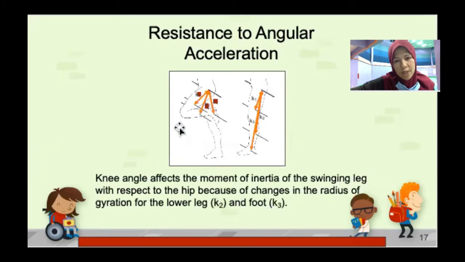So each of our legs that is involved in the movement is divided into segments. So the first segment will be the hip, the second segment will be the gastrocnemius, and the third segment is the foot. Okay, so if we are in a motion of walking, the radius of gyration could be calculated from the hip. The distance is from the hip towards the muscle involvement or segment that is involved in producing the acceleration. Okay,